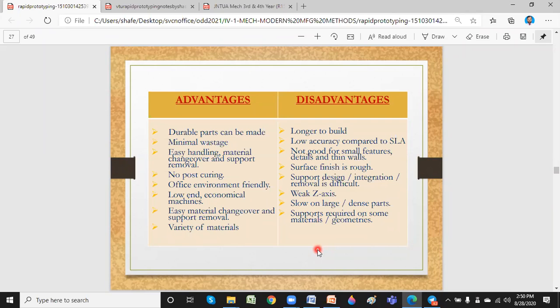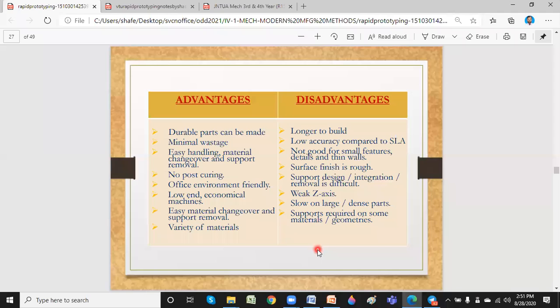You can see in the previous video what it exactly shows. You can easily handle that because you have the bottommost part above which you produce your 3D model, and finally you cut it out.